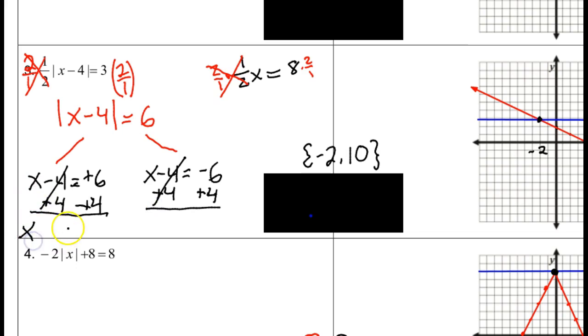X equals 6 plus 4 gives us the 10. And we get x equals negative 6 plus 4. That will give us